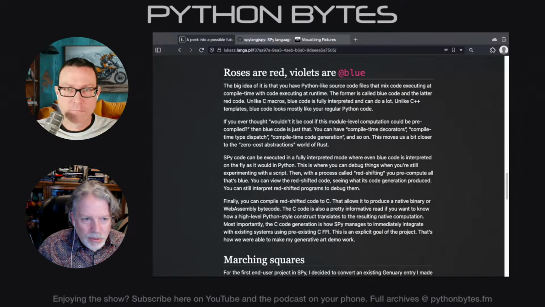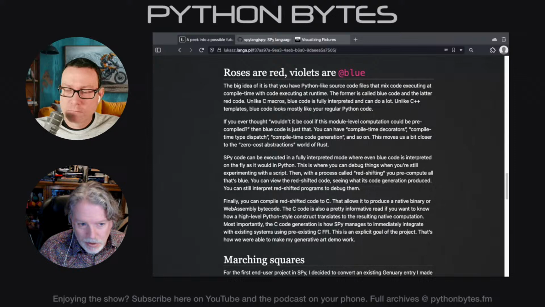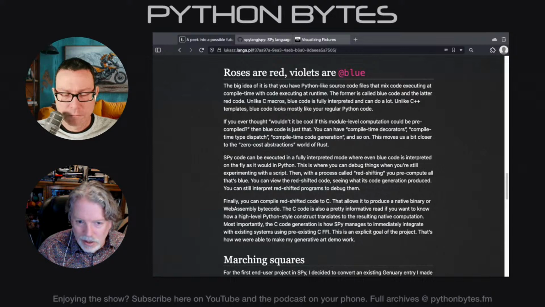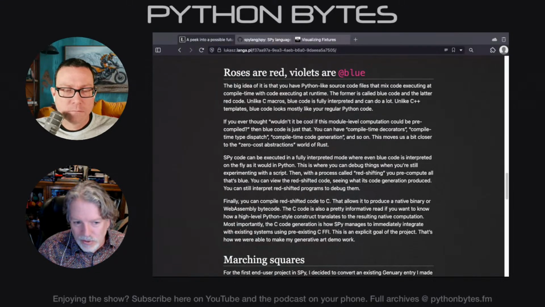There's blue code and red code, is the idea. The blue code is stuff that just acts like Python, and that's great for debugging, and because people are used to writing in Python. And then there's a redshift model, because that's what we do a lot, like whether we should compile it or not. But this will pre-compute a lot of the stuff that's blue into a pre-compiled version. Anyway, all the little compilation parts to make things run faster.